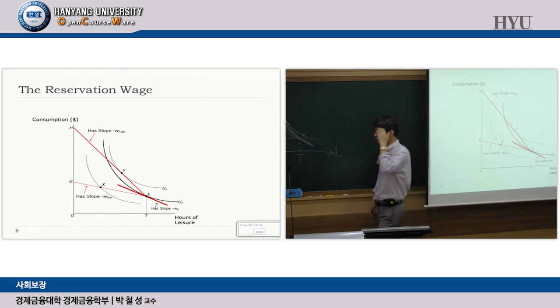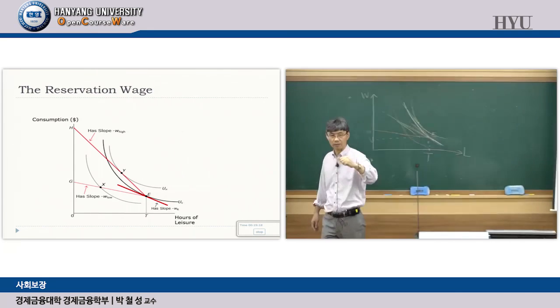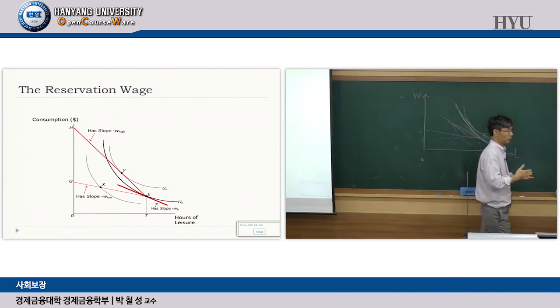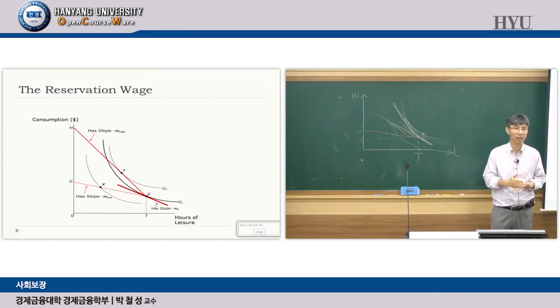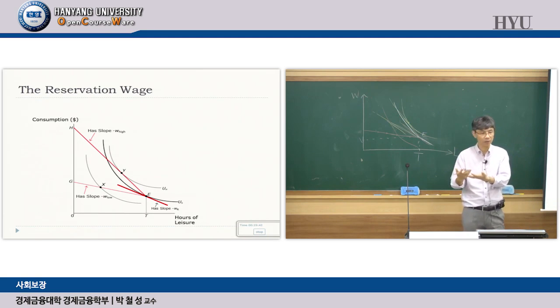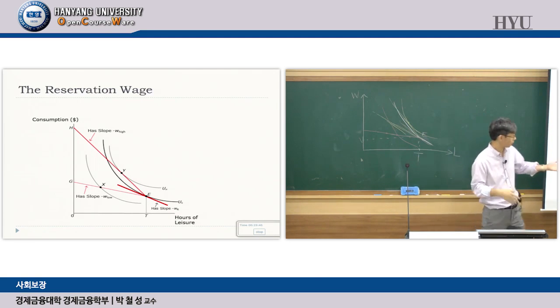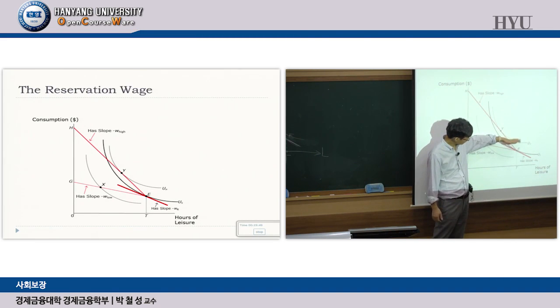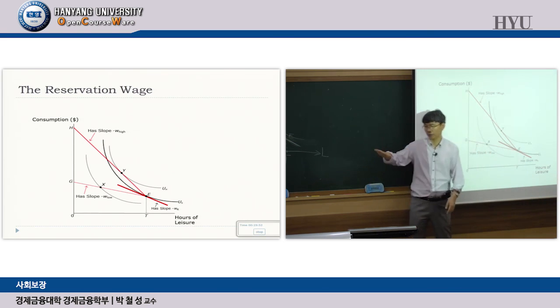Now, if you recall our discussion yesterday, the indifference curve becomes steeper if the person has a stronger taste for leisure. So it makes sense. If the individual has a stronger taste for leisure, this person's reservation wage must be higher, because that person likes leisure a lot, so it takes a higher wage to make that person work. That makes perfect sense. So the first thing is the shape of the indifference curve.